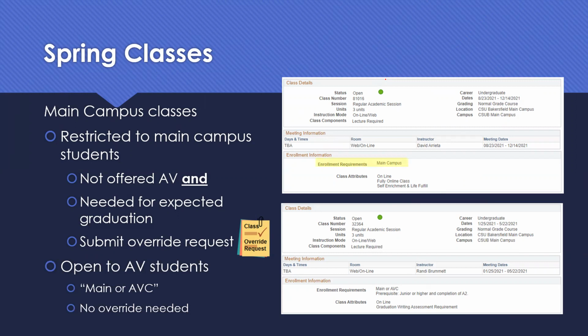There are a few classes that are open to both main campus and AV students, and you're going to notice that in the enrollment requirements part of the course description. If it says main campus, it is restricted to main campus. However, if it says